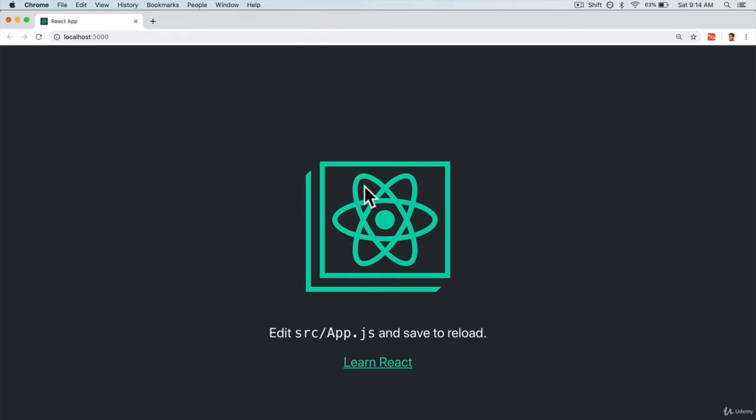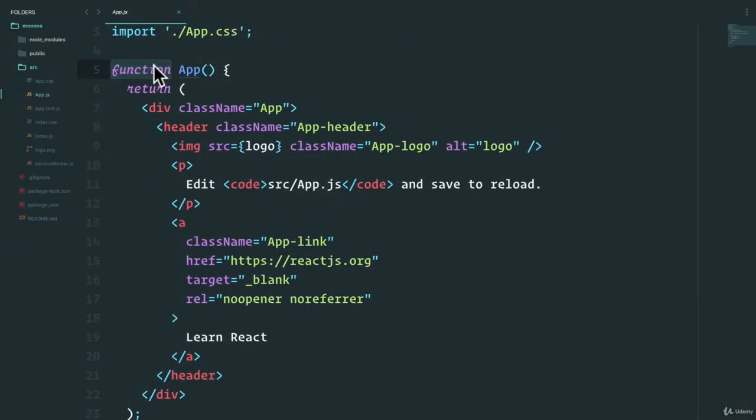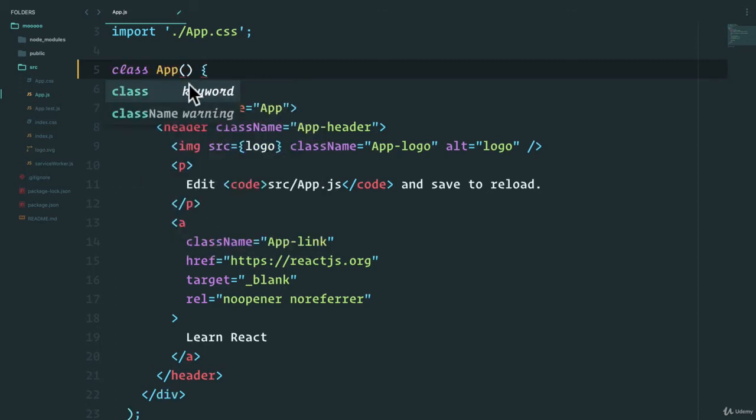All right, so this is running. And all we want to do is update this to how it was originally. It's actually quite simple. And by the way, I'll provide the code for you so you can just copy and paste it after this lesson. So we can just do a class now. So it's class App